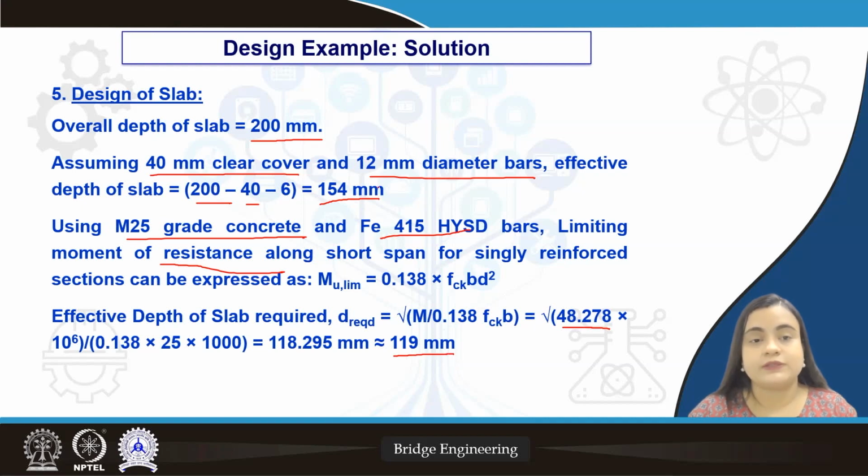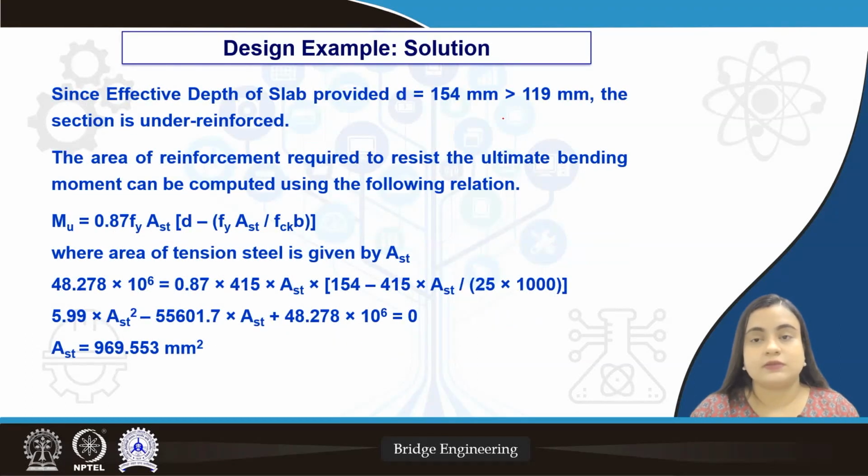So we have provided our effective depth of the slab to be 154 millimeter, while the requirement is only 119 millimeter. So since the depth of the slab provided is higher than the depth required, we can deduce that the section is under reinforced. The area of the reinforcement required to resist the ultimate bending moment can be computed using this expression that we are already familiar with,